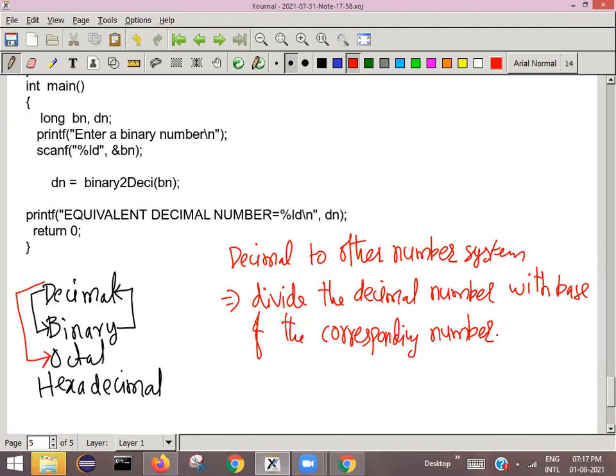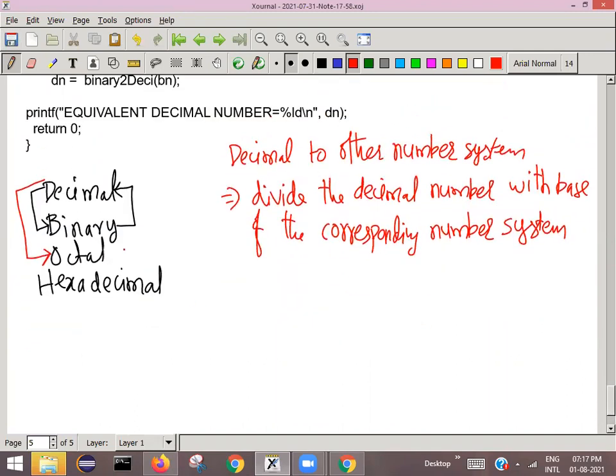Into whichever number system you want to convert, you go on dividing by the base of that number system and get the remainders, and write the remainders from bottom to top. So this is the logic. Don't get confused. Once you know one logic, you can continue with the same logic for the others. Only the base changes.